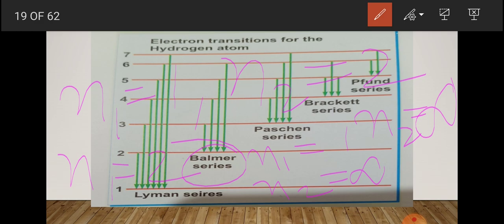Now, on the basis of this formula, a few numericals are given in the exercise. Take it as an assignment and solve numerical questions on the Rydberg formula. Just learn the formula, put in the values according to LBP BP: Lyman, Balmer, Paschen, Brackett, Pfund. Learn it thoroughly by heart. N1 is 1, 2, 3, 4, 5. So it will be clear for you. If I ask for Brackett, what is N1? You will count Lyman, Balmer, Paschen, Brackett: 4. Learn the formula and try to do the numericals based on the Rydberg formula.